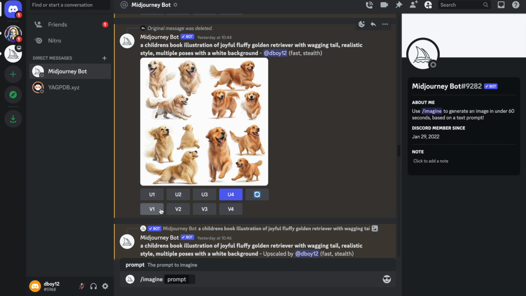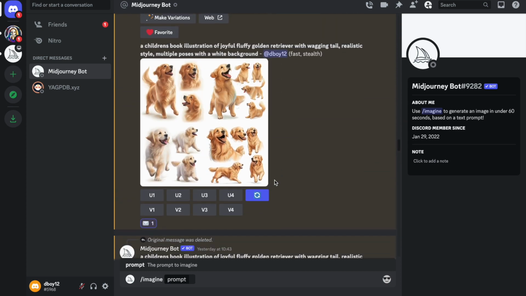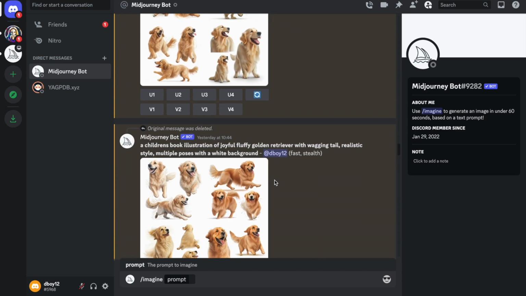Then you've also got the option to create variations if there's any image that you like, but there's maybe something you're not too happy with. You've also got the option to rerun the prompt if it's not showing you the image that you would like. So I like to rerun it a few times just so that I get multiple options to choose my specific